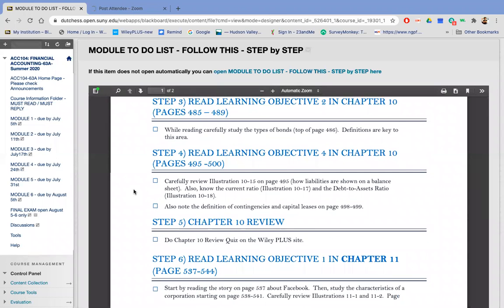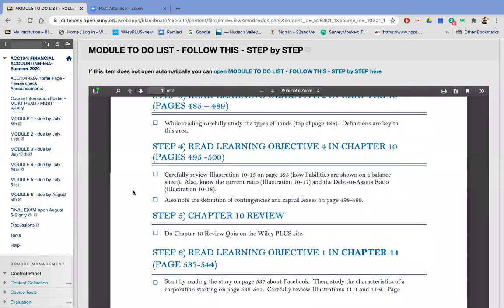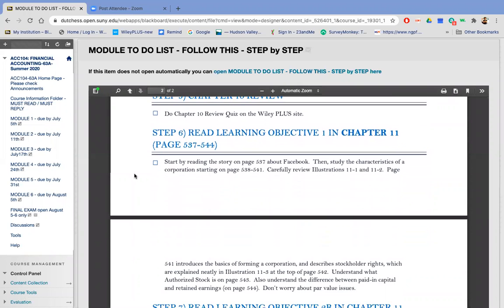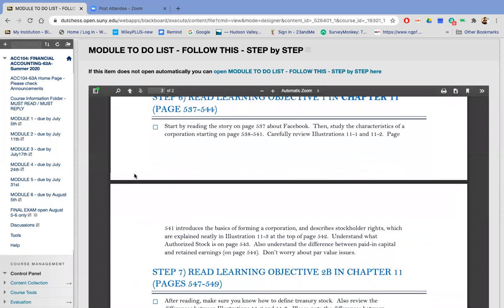There's only a couple of homework assignments in chapter 10, but they cover the whole chapter. There's a couple of financial ratios in chapter 10, such as the debt to asset ratio and the current ratio that it ends. And then moving into chapter 11,